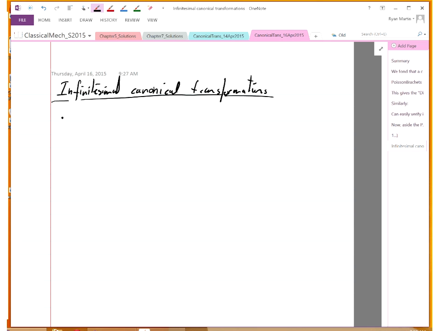A canonical transformation is a transformation from lowercase letters to uppercase letters that preserves the canonical equations. I can make that a very small transformation. So, an infinitesimal canonical transformation,